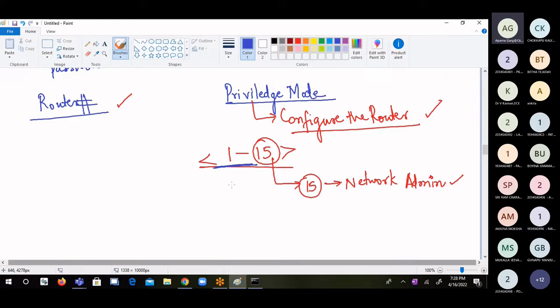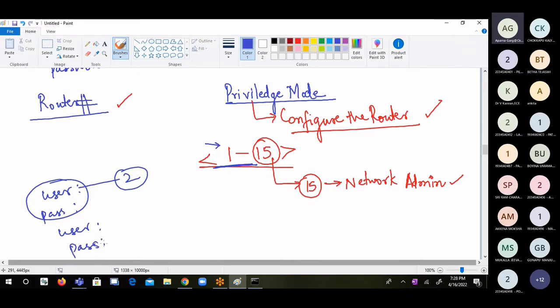So we define certain usernames and passwords as per the privileges, and we can define the privileges. Whenever I remotely log in to the router, I will use my user, let's say Kalyan, password, let's say abc@123. Probably for Kalyan I might have given privilege level 2. Now again, user Akash and password something like 1234@5678. So probably I might have given some privilege level 7,